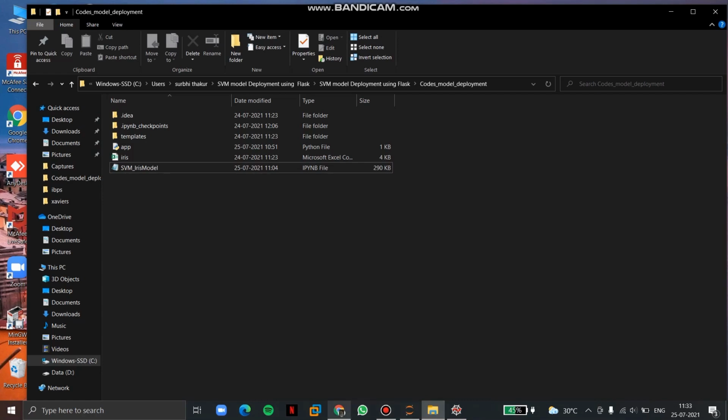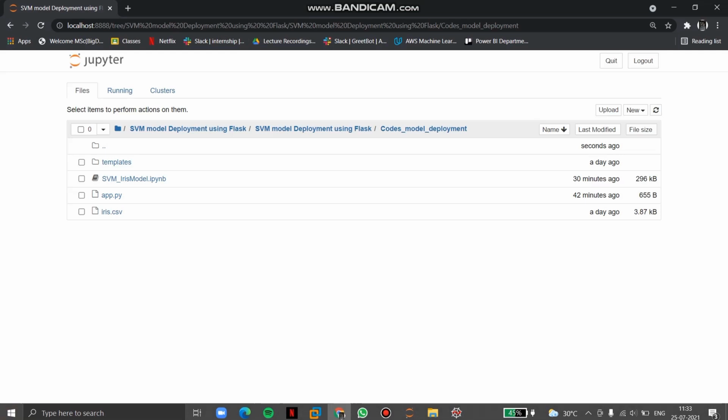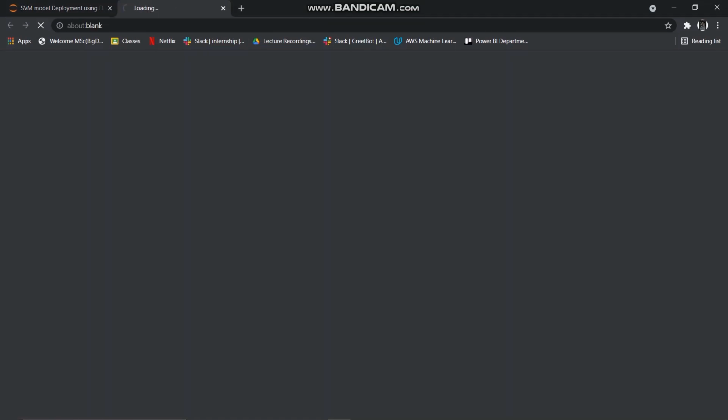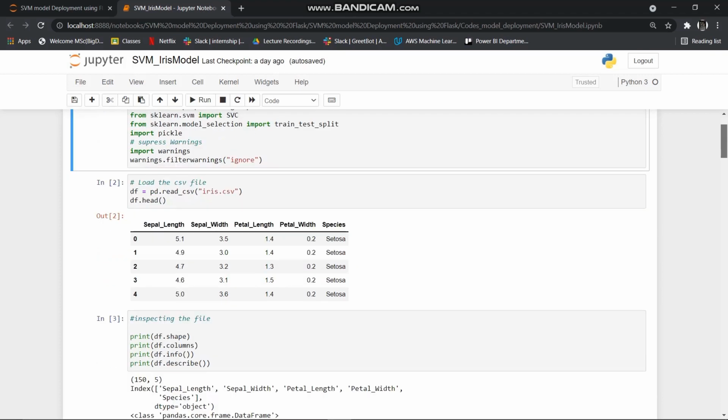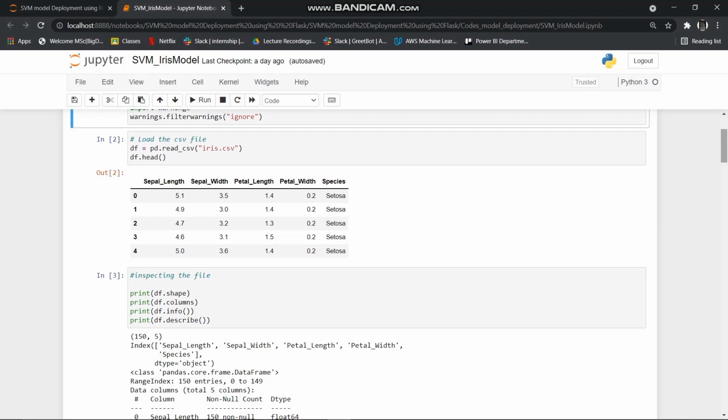First, like any other machine learning model, we create a model, we perform EDA on the dataset, and we check the accuracy and create the basic model. So we'll perform that step only. As you can see, first we imported all the important libraries that we will be needing, and after that we imported the Iris dataset.